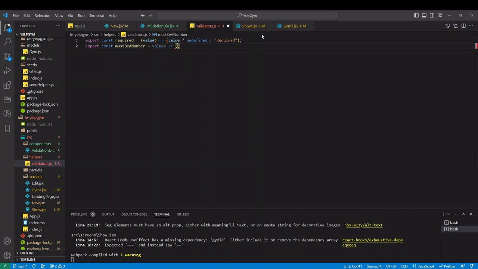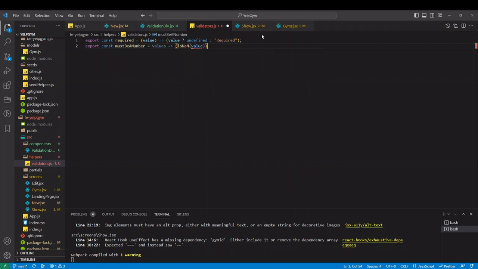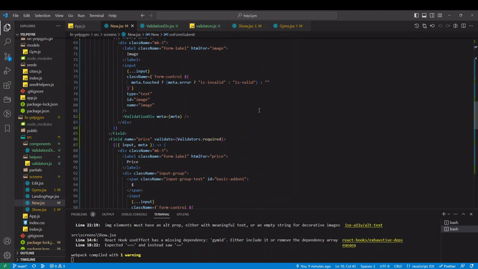Check if value is not a number. If this is true, it will return an error saying it must be a number. Otherwise, error would be undefined. Value, okay, like this. Now in our new form on the price tag,